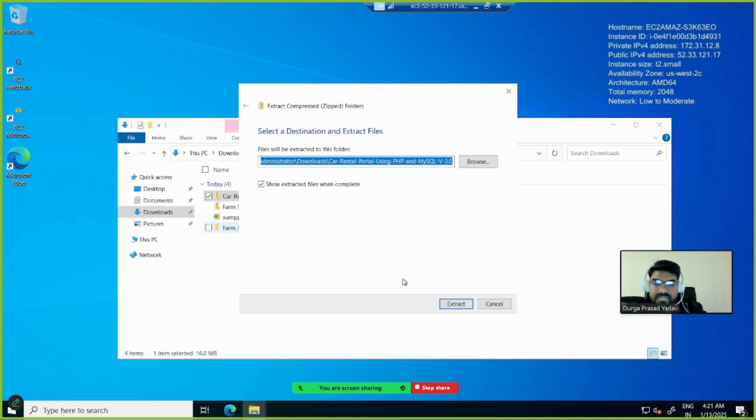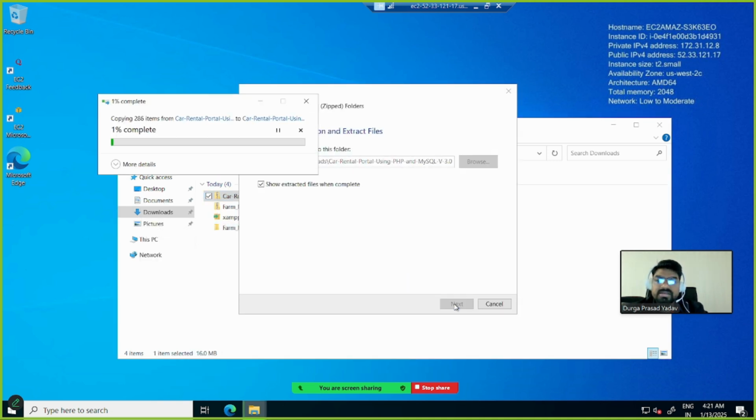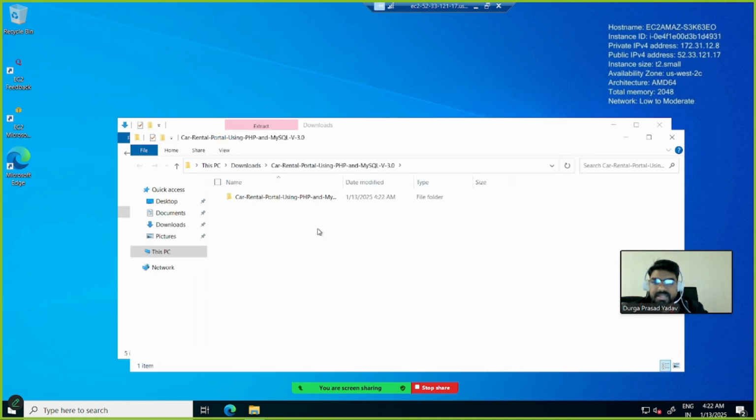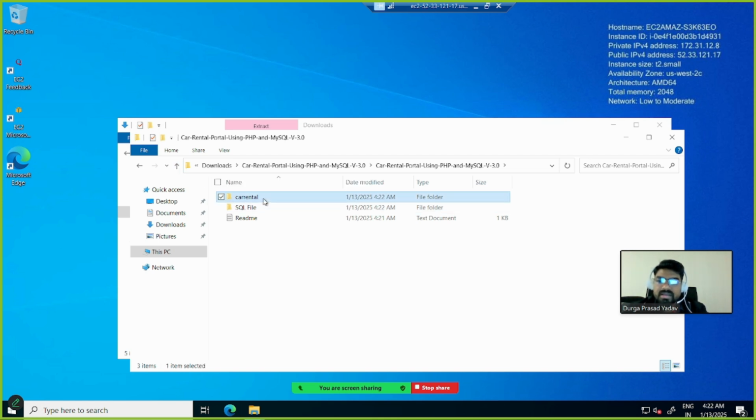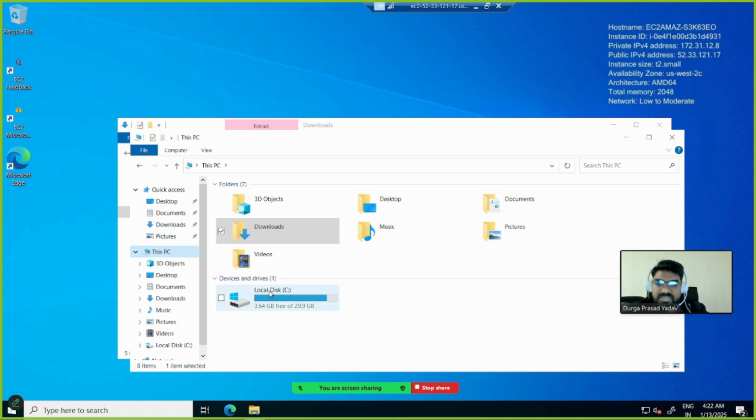Extract all. Here we will extract the car project which we have just downloaded. That's done. And here you can see, once you open this folder, there is a car rental folder and your SQL file separate. What we can do is copy the car rental folder from here, and then go into This PC, Local Disk C,